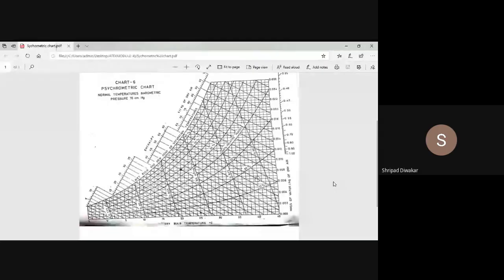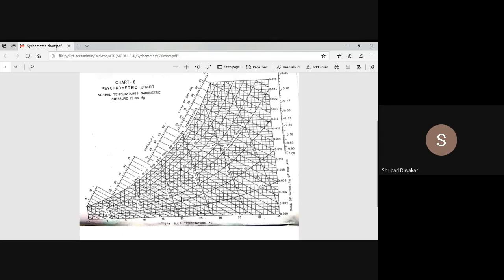Okay. And the example I took is 10 degree WBT and 20 degree DBT. So how are we going to take the 10 degree WBT? You take it from this one and move in the inclined direction. This is 10 degrees Celsius, and you move in the inclined direction where it cuts the 20 degrees Celsius.